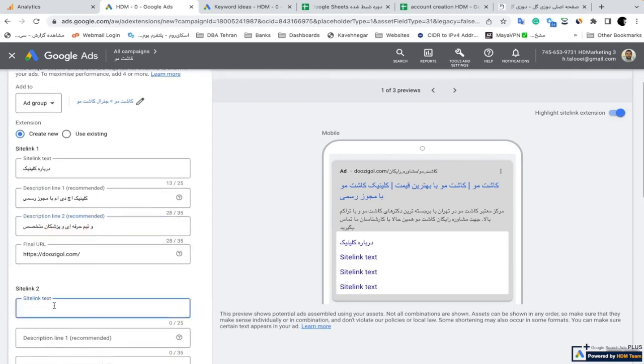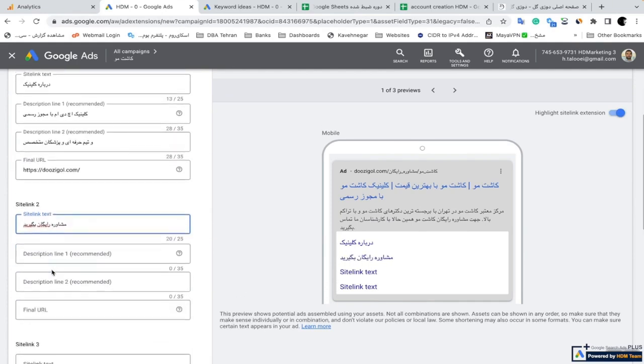For example, I can write a site link, like free consultation, or write it as a call to action. Get a free consultation, okay? Now, the second model I mentioned is to write the description in a way that says get a free consultation. I come to the next line with the same thing now,